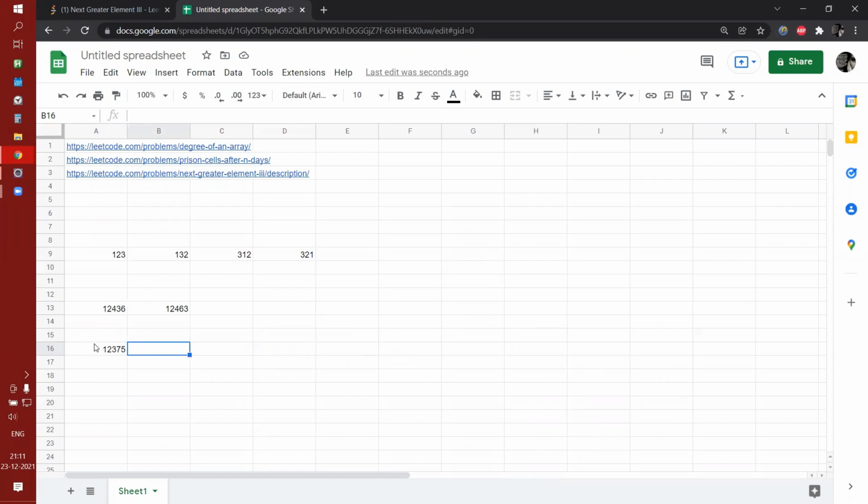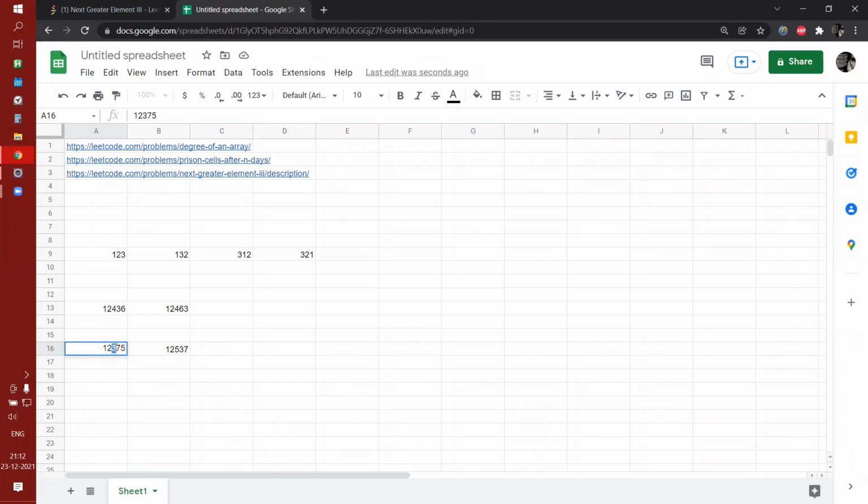It will be 1, 2, 5, 3, 7. So how did you get that? Logically, in your mind you already know that the next greatest number is 1, 2, 5, 3, 7. But by coding, how can we know that?